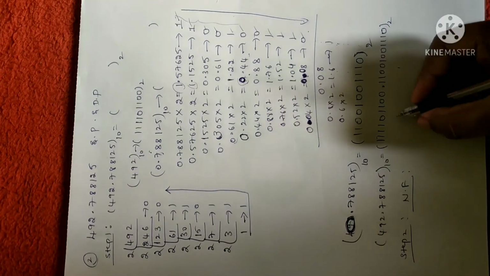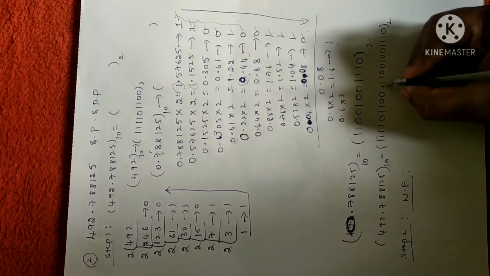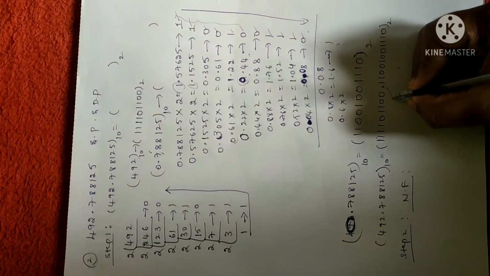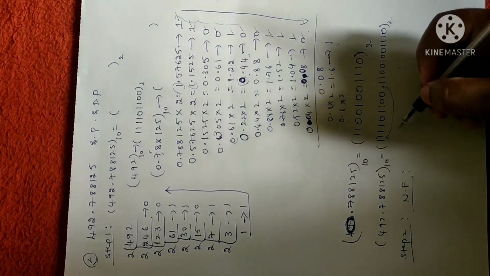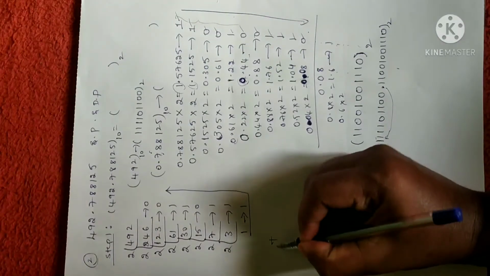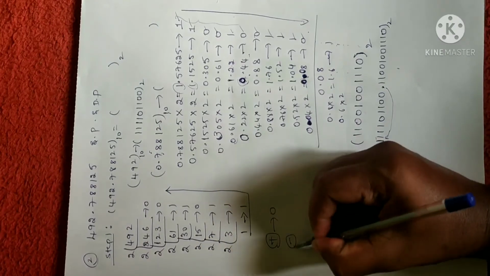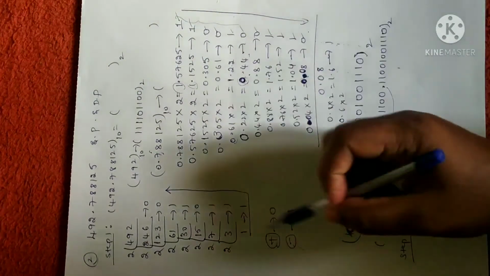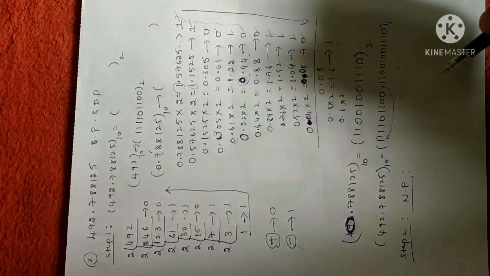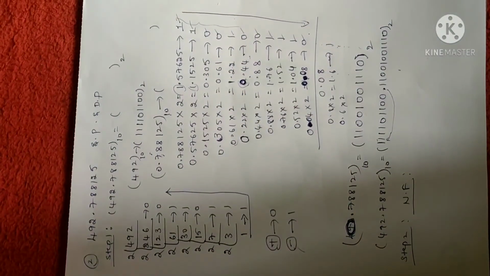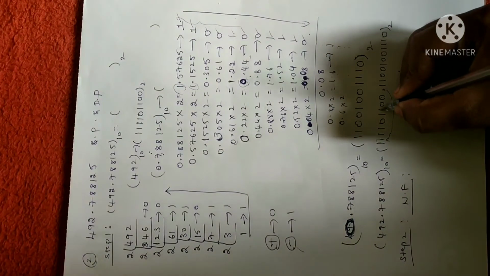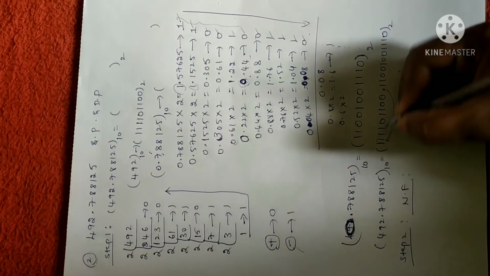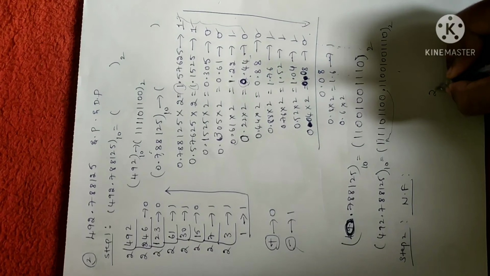In the normalizing form we have to shift the point to the rightmost corner. Before that, let me see here. When you have positive, you have to make it as 0. When you have negative, you have to make it as 1. Fine. So in the given problem you have a positive sign. Anyhow, I'll keep that as it is. Now let me shift the point. 1 2 3 4 5 6 7 8. So I have moved by 2 power of 8 digits.